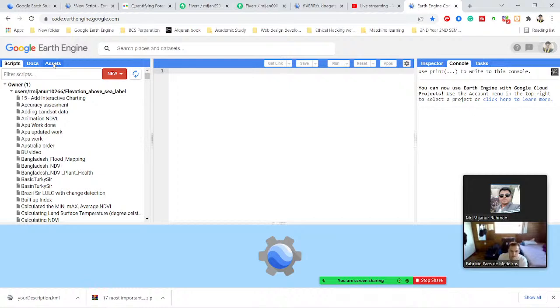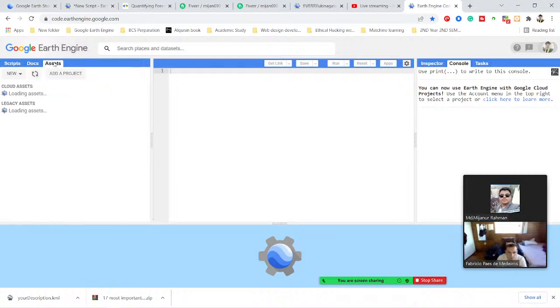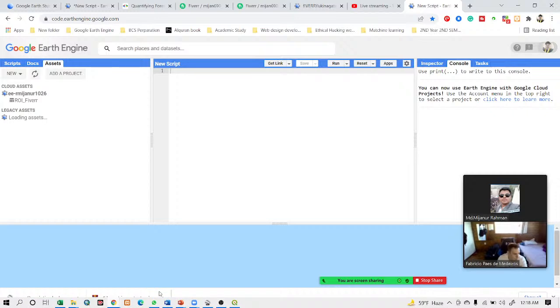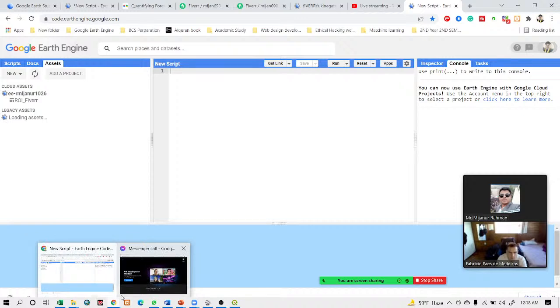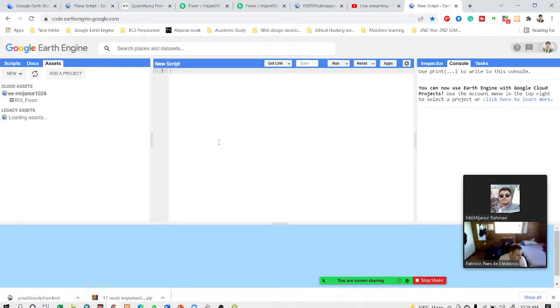Okay. So here I simply click Assets. I just import this shapefile which I created. Okay. It is a lot of trouble at this time because of the slow net connection. Okay. In Google Earth Pro, I don't think I will